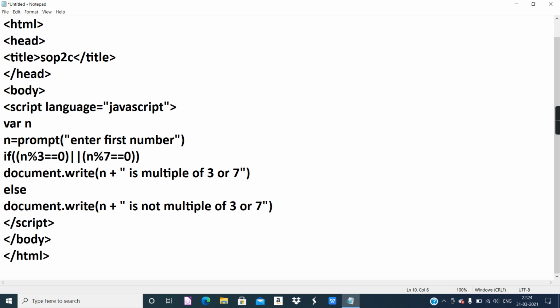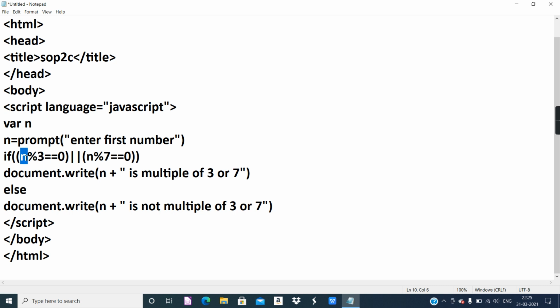So 21 modulus 3. The modulus operator checks the remainder after division. If 21 is divided by 3, do we get a remainder 0? Yes, 3 sevens are 21, so the output will be 0.